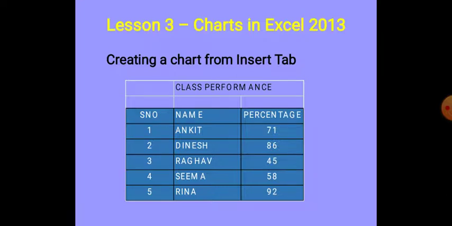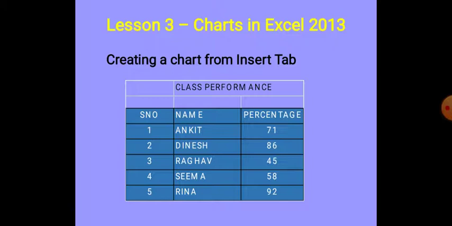Children, a chart is a pictorial representation and it's a very effective way to present our information, especially numeric data, and it also helps in analysis. We can easily analyze the information and data and take decisions. We also discussed the components of a chart, like the chart area, the complete area that covers the plot area, legends and chart titles. The plot area is where we place the actual data in the chart.